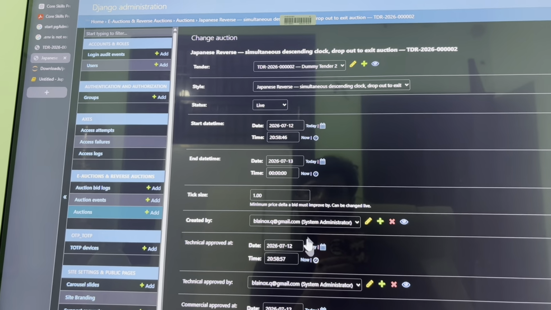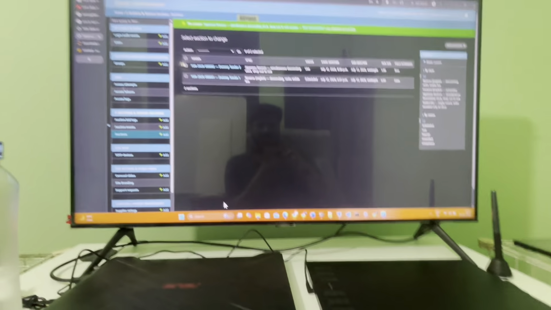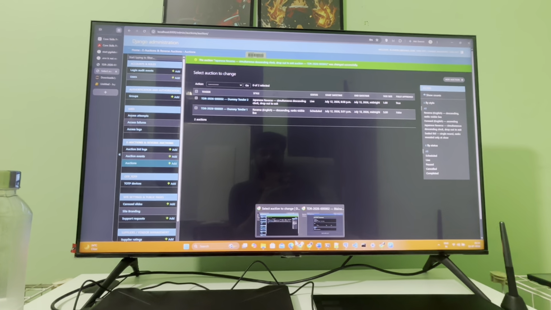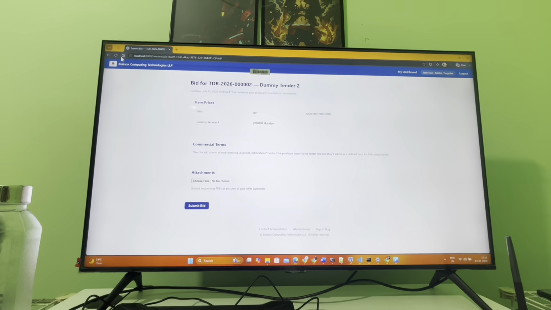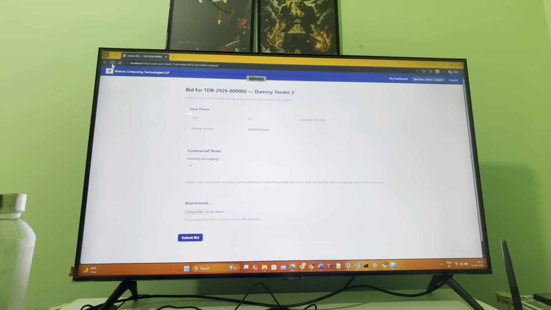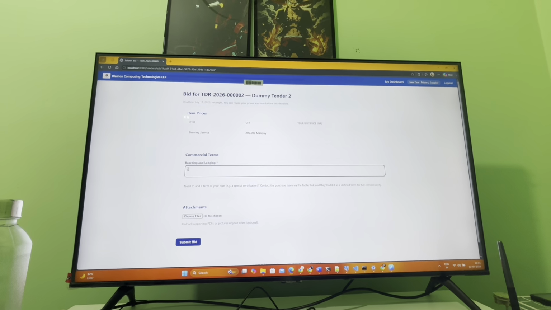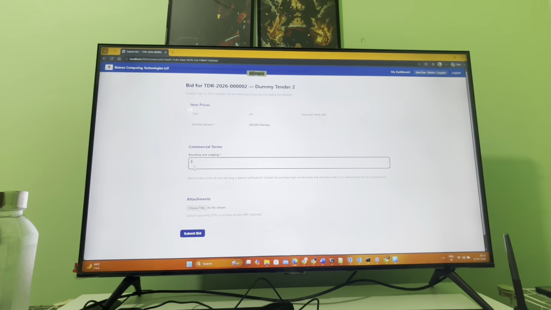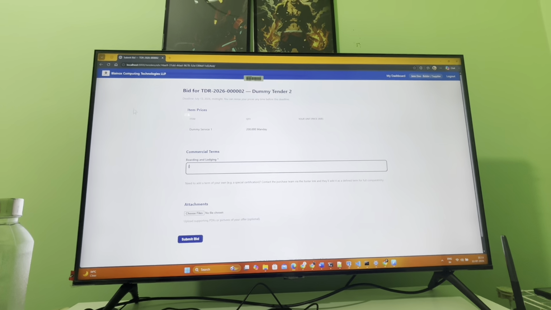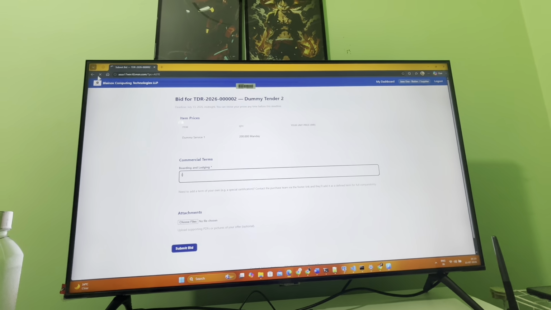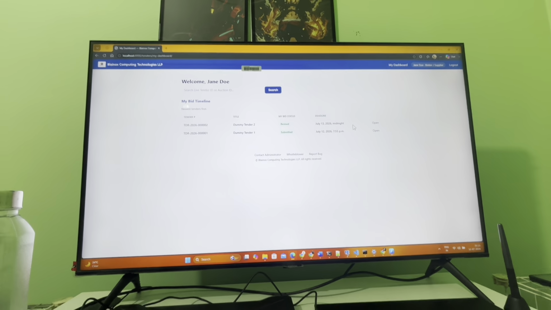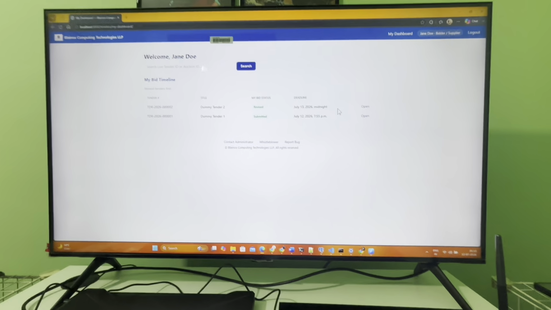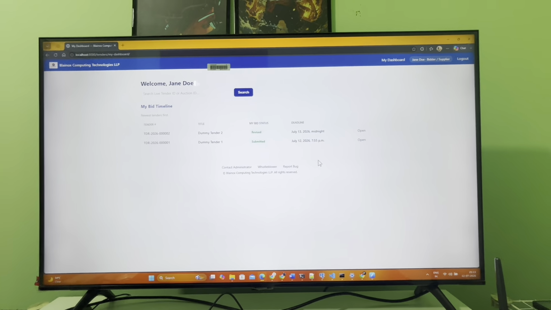Save. Okay. And save. Now when we go back to submit, we can see the commercial terms added. Coding and lodging. Now they can write their field, their scope within the curly braces, and submit a revised bid. So this is the option I was telling. You can also